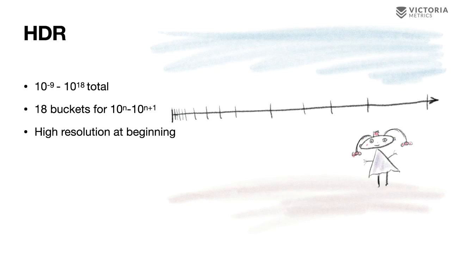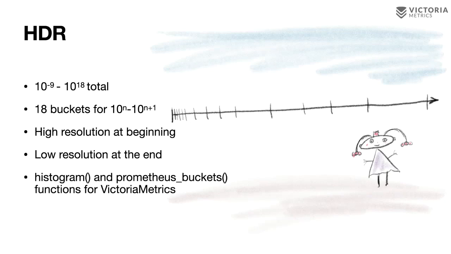That means at the beginning of the graphs, it was really high resolution, because each time he can split a bucket into 18 more buckets. And it was a really low resolution at the end, because each time it was split more and more into 18 buckets. Actually, Sir Alex was so happy, so he built additional histogram and Prometheus buckets functions for